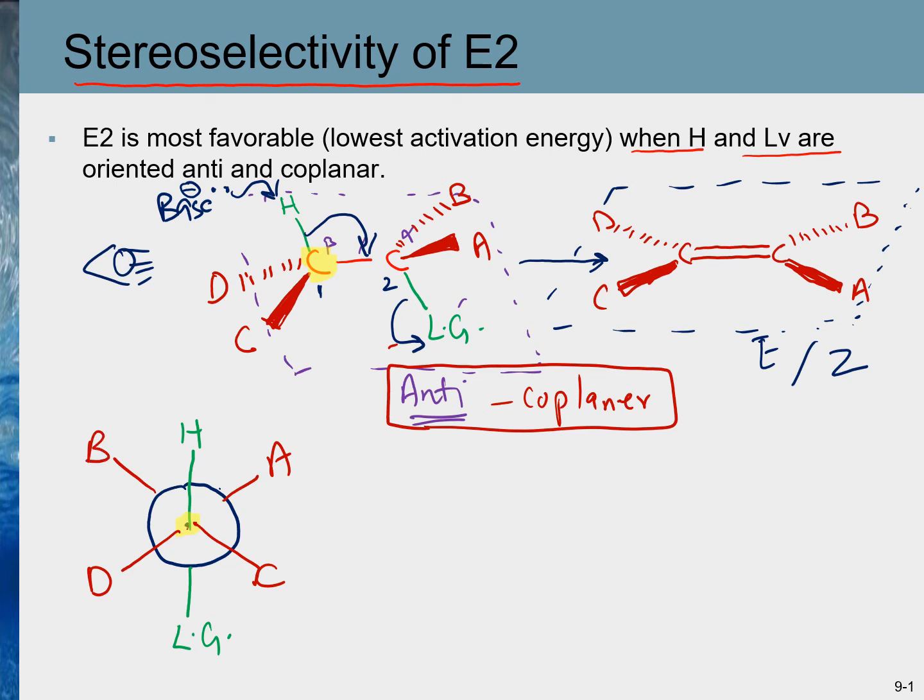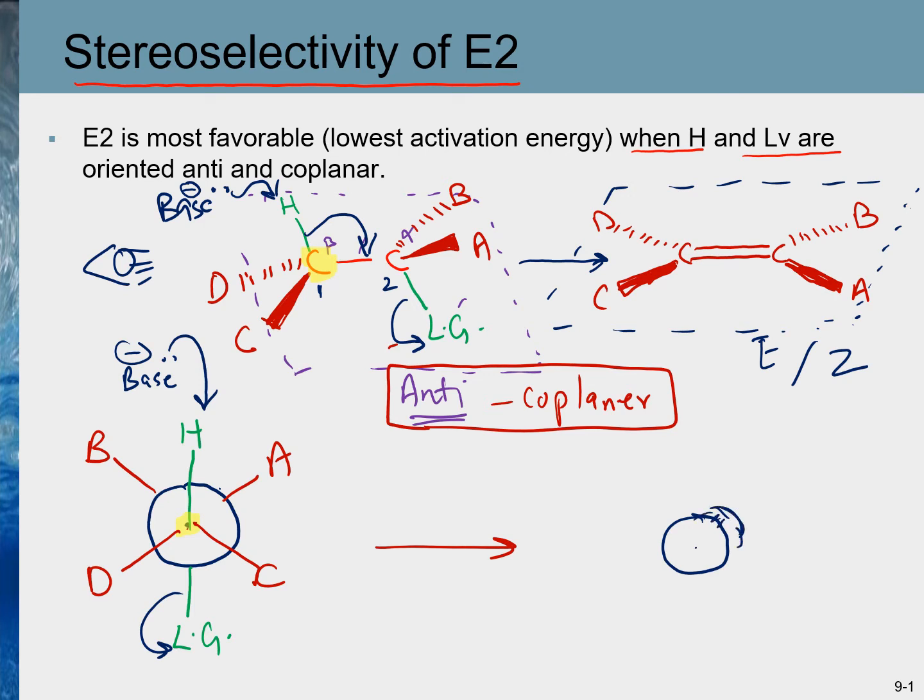So in Newman projection, again the base will attack this proton and the leaving group leaves because they are in anti and coplanar. So what will happen is that an alkene will form. So I'm gonna draw the rear one down here so that we understand that there is